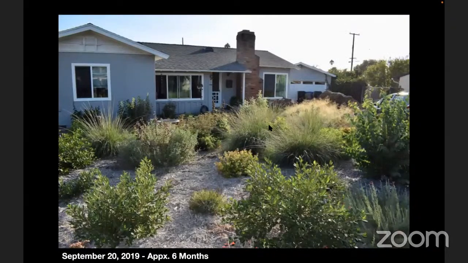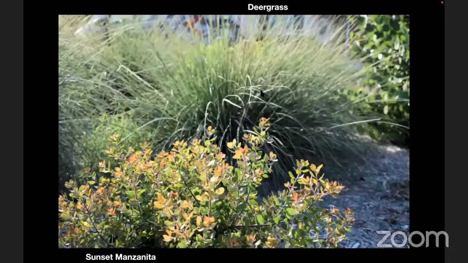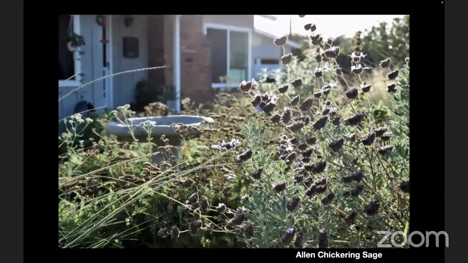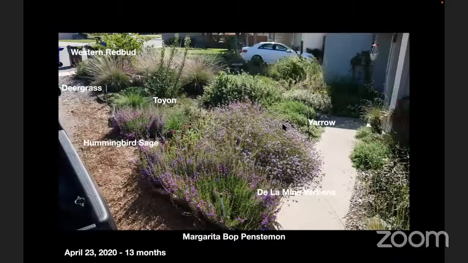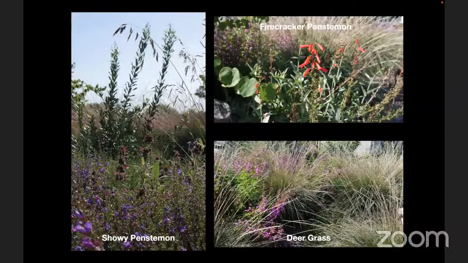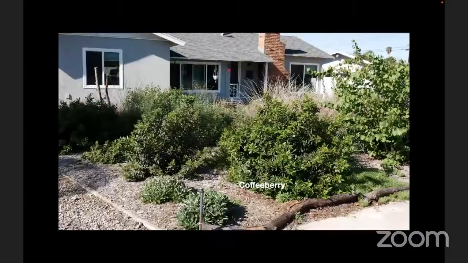So this is about 6 months, starting to have lovely combinations of plants. Here it is from 13 months later, after another drop of mulch was delivered for the backyard, and so I stood on top of it. So you can kind of see the whole layout and some of the plant combinations coming together. The hedge takes a little while to grow in, but it's going. And by now we're at